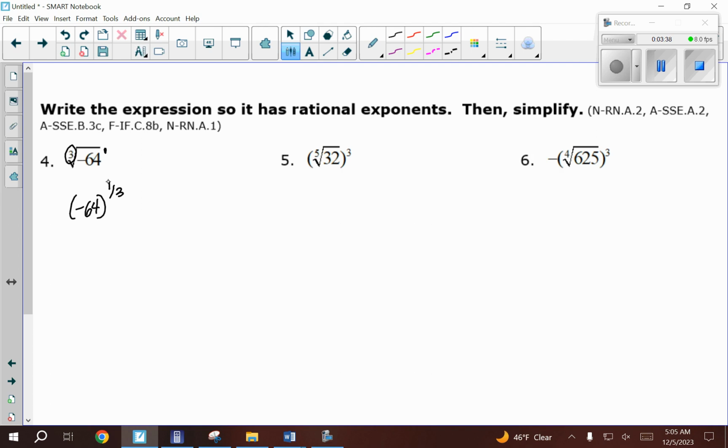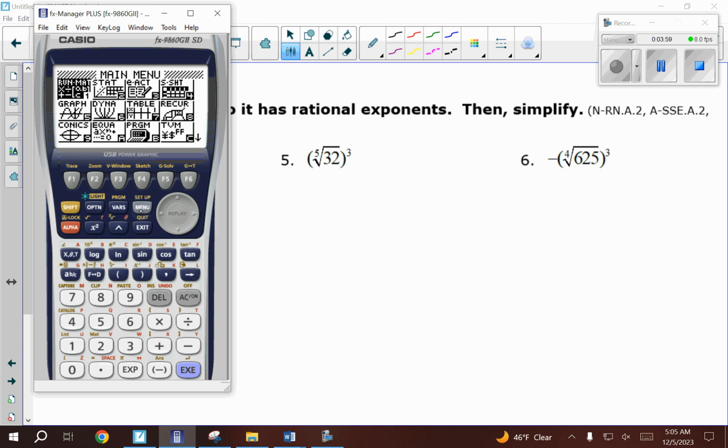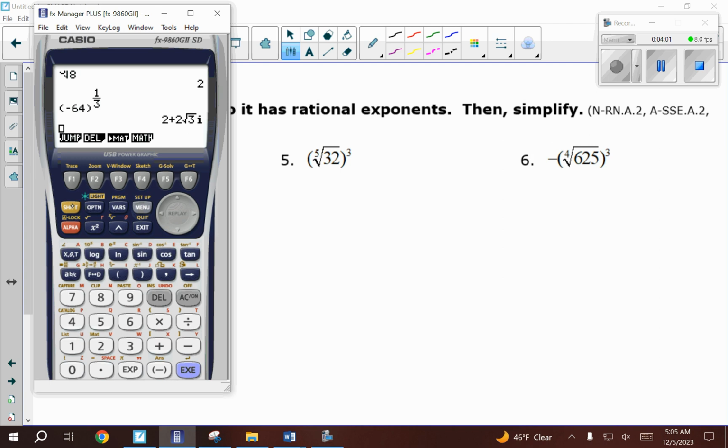And again, we're always going to type these in the calculator first to see what happens. So I'm going to type in parentheses, negative 64 to the 1/3 power. And oh, you know what? I forgot. The settings on this calculator are weird, and I'm not sure why it does this. So we're going to have to turn off